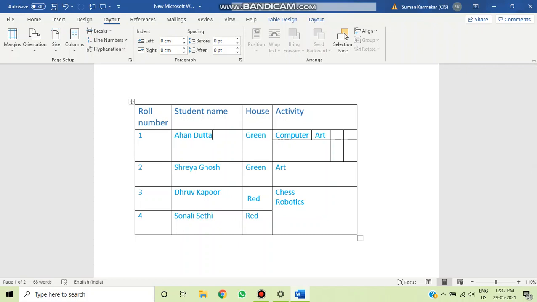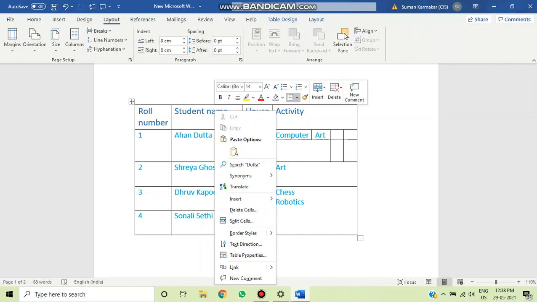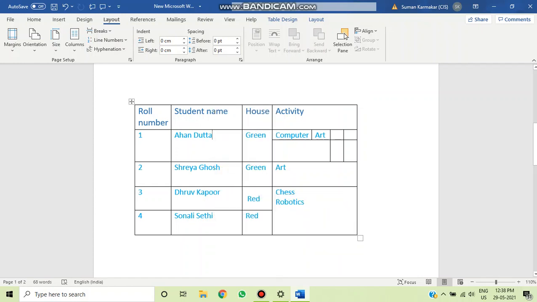One more thing: you can resize a particular cell, row or column to a particular size. If you want that, there is a way. How? Again, right click on any cell, and here you will get one option for resizing the cell.